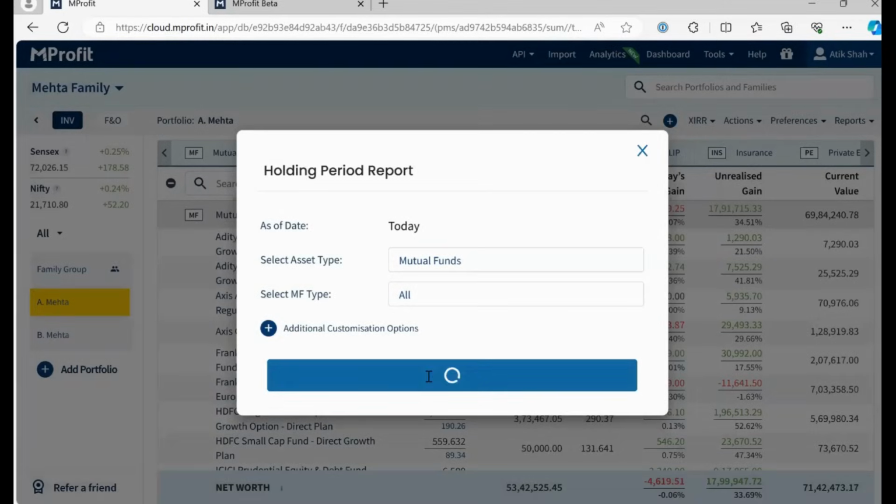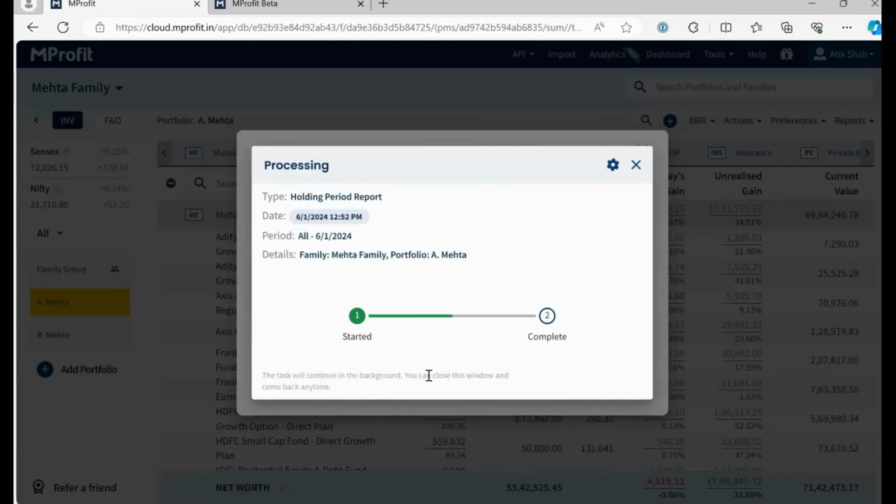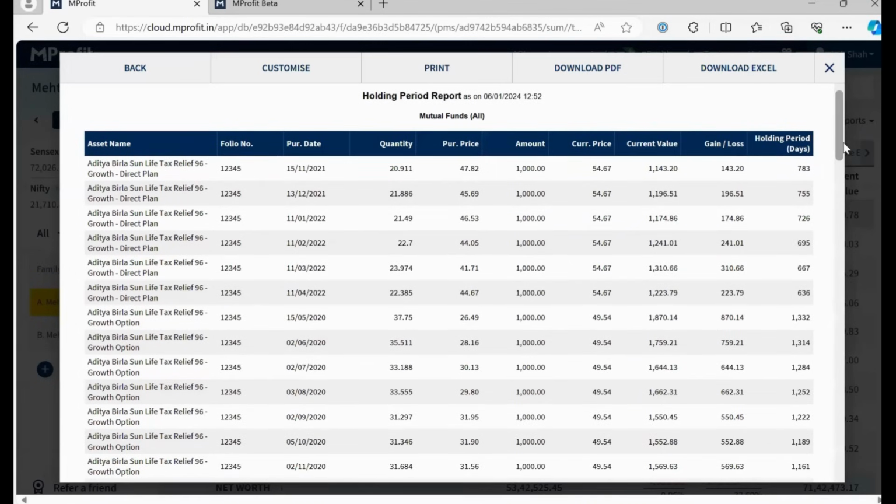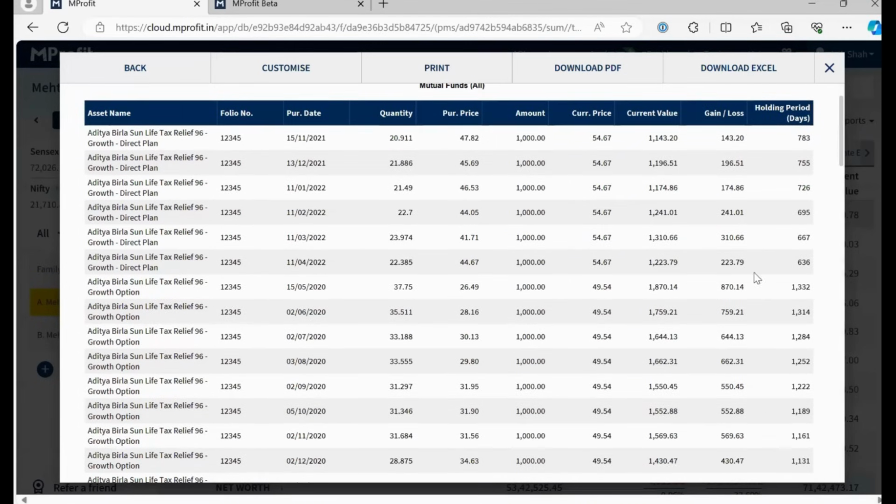Similar to the closing balance detailed report, there is a holding period report also. Again, you get a detailed level of report, and the additional column or feature for this report is holding period days. In the last column, as you can see, you will see the number of days you're holding any particular mutual fund. This is available for each purchase you have made, so for each purchase, you will see how many days you're holding a particular mutual fund. Just like the unrealized capital gain report, this is another report which will help you make decisions.